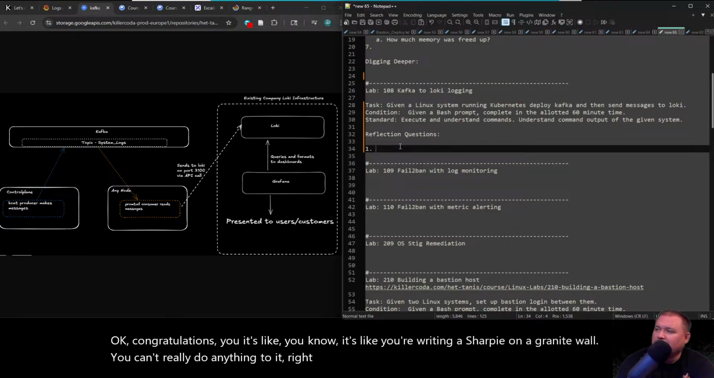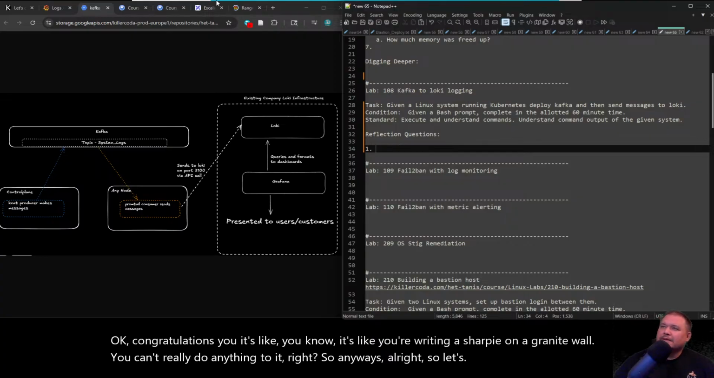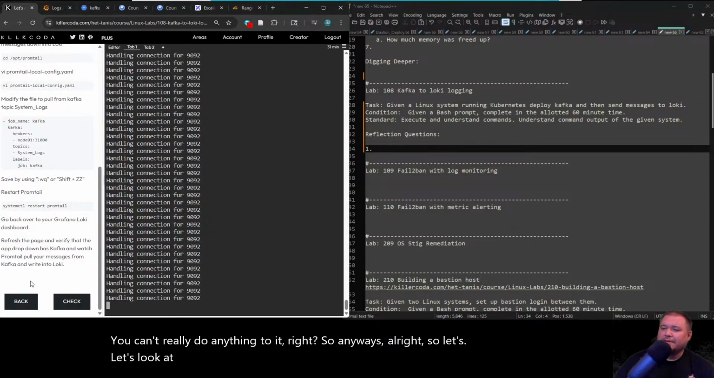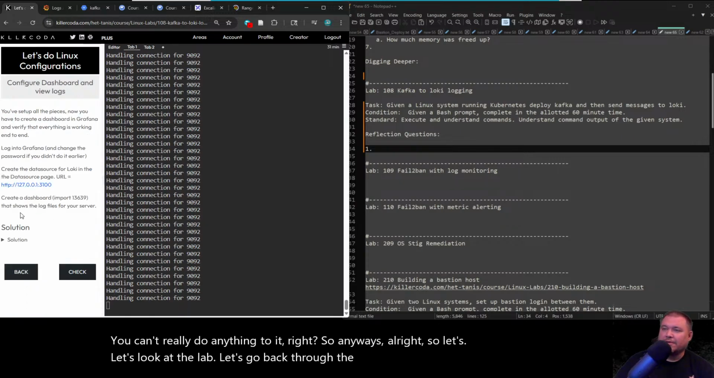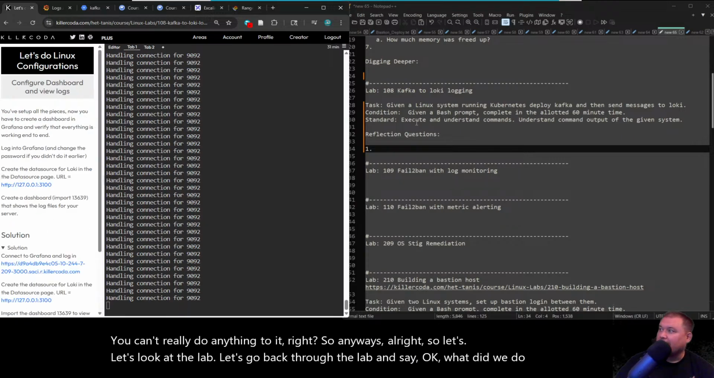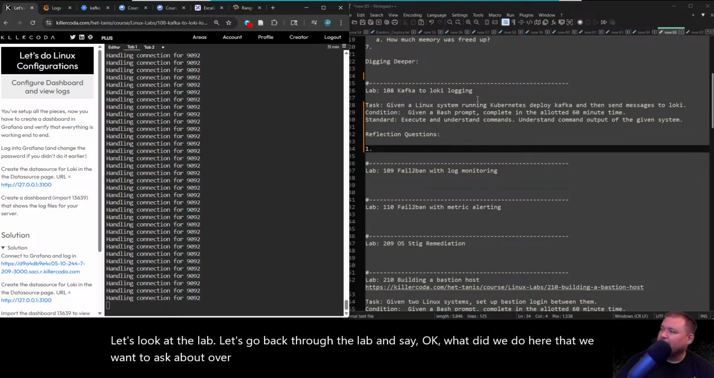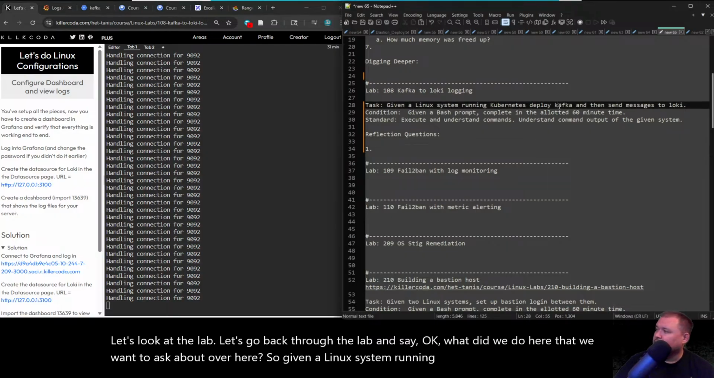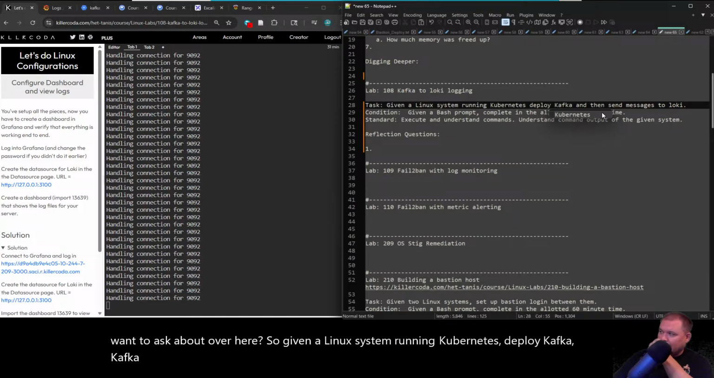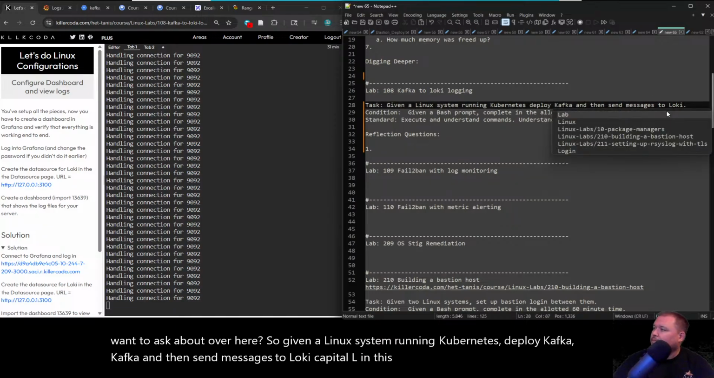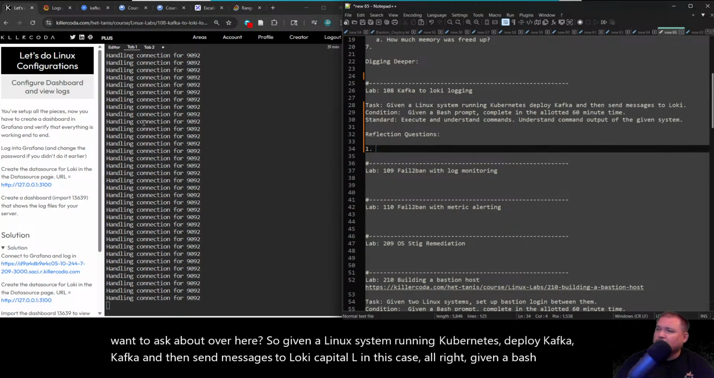So, anyways, let's look at the lab. Let's go back through the lab and say, what did we do here that we want to ask about? So, given a Linux system running Kubernetes, deploy Kafka, it's capital K, and then send messages to Loki. It's capital L in this case. All right, given a bash prompt. So reflection questions are,